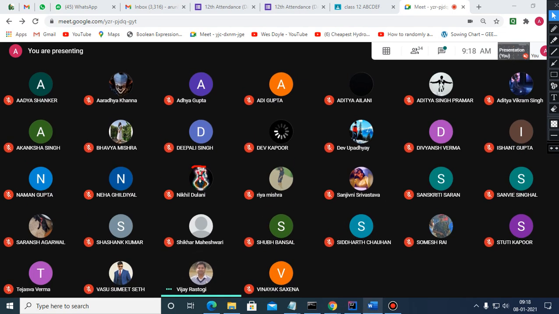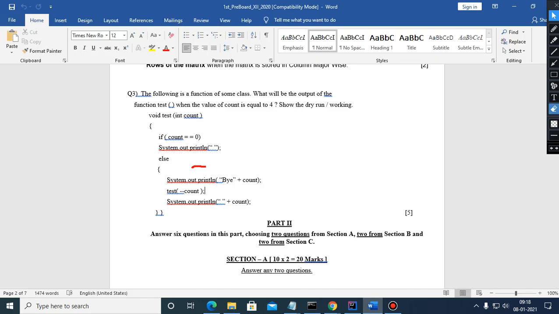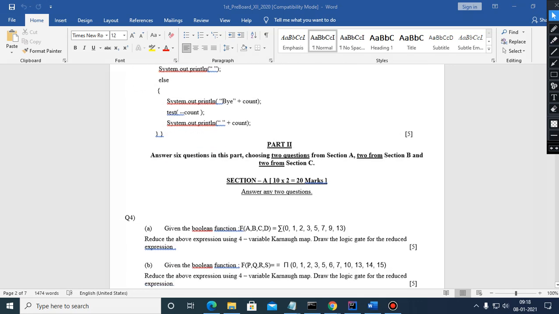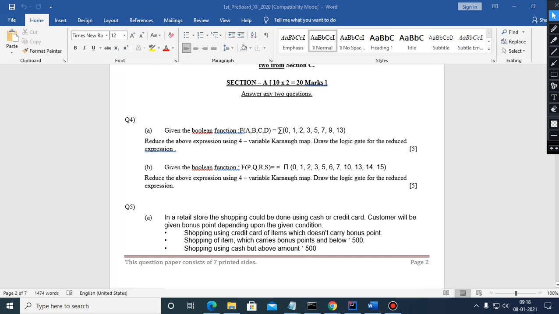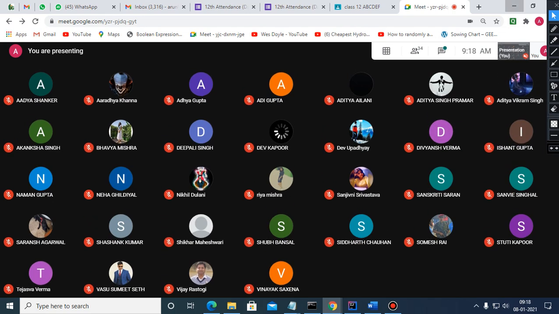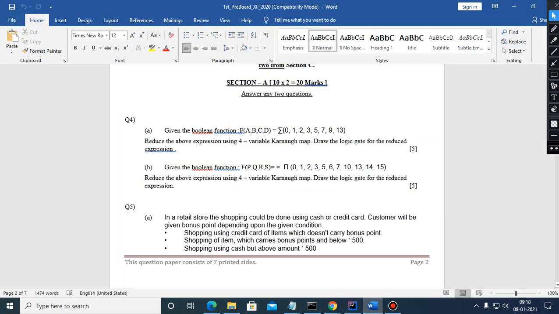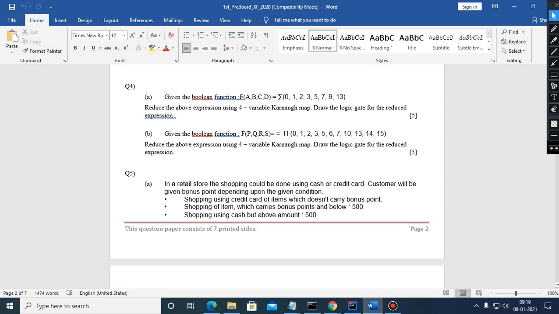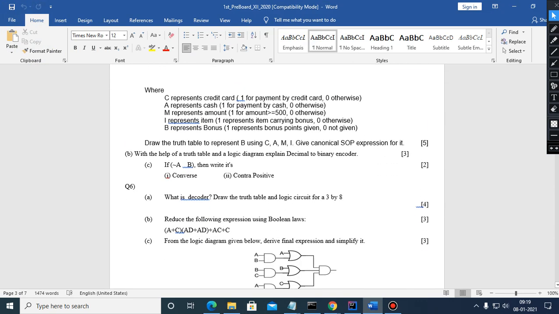Yes, sir. Okay, now we want to move to the K-map section. So most of you have done the K-map correct, but few of you are not able to group. So that is an issue. I think we should discuss this K-map in the next class, because the whole paper we will not be able to discuss, because these two questions will take more time in order to draw the lines and all. Question 4 and question 5 we will discuss in the next class.